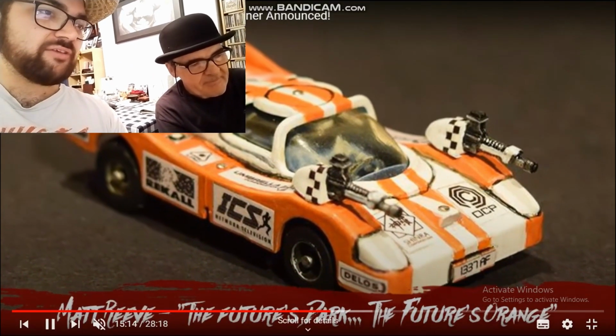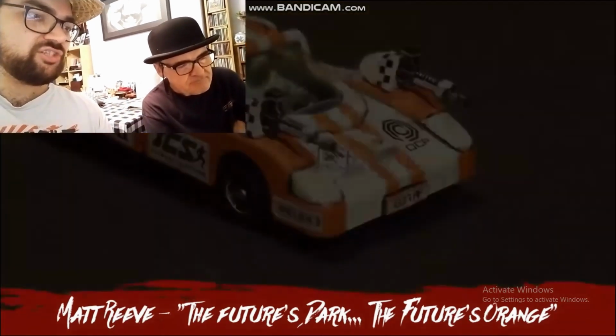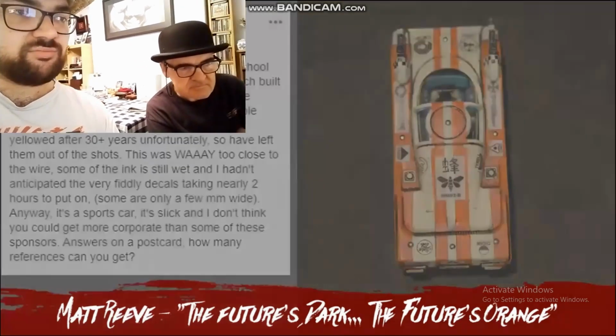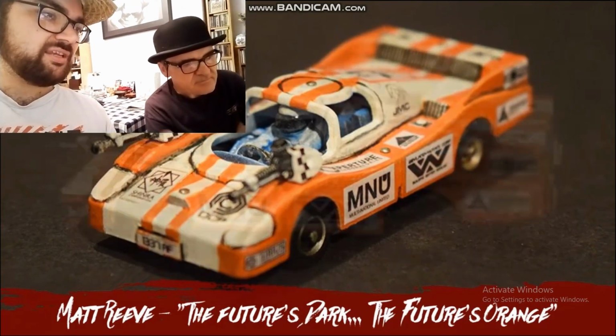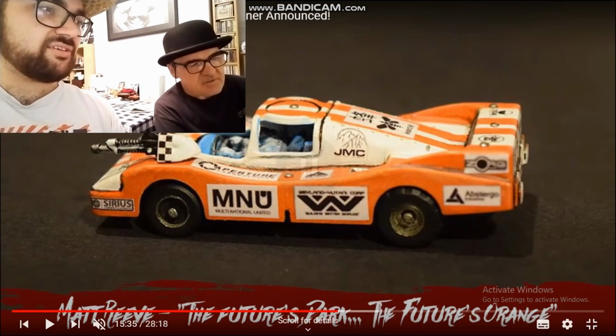So here we are looking at Matt Reeves'. This takes an actual Games Workshop Dark Future car, which was their Mad Max tabletop game. It takes one of those cars they made for that and brings it into the modern age by updating the paint job and all this. But the one thing that gets me is, has he gone a bit mad with the decals? Has he gone a bit too...